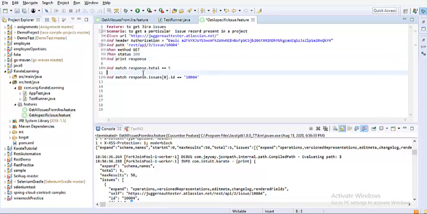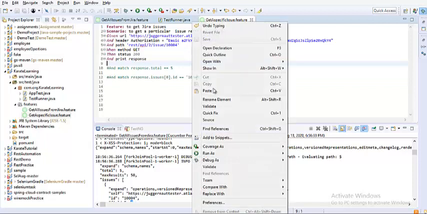Let us print the response. I'm not interested in those two values, guys, because the total will not be there. Last time, when we worked with another endpoint, we got a list of issues and the parameter total was present, but this may not be true in this case. If you do not want something and want to comment it out, just give a hash, and that feature file line would be ignored. I'm doing the same for this line too, so those two lines are ignored, and we will see how to incorporate them as we move forward.